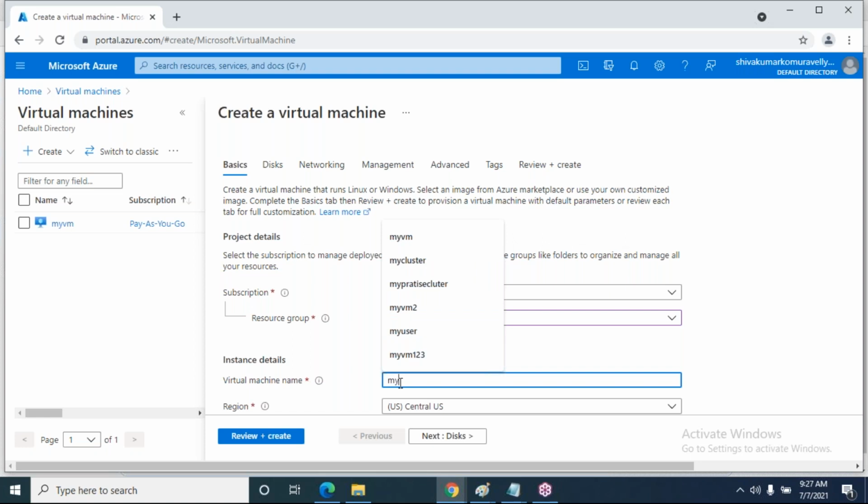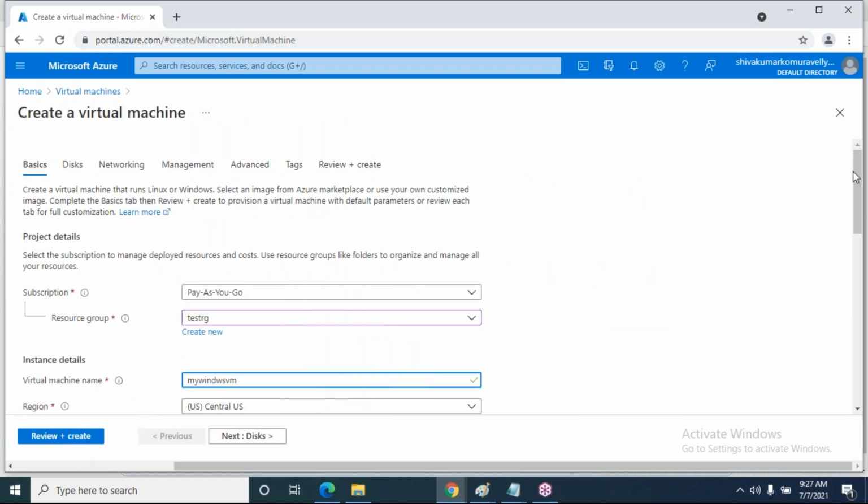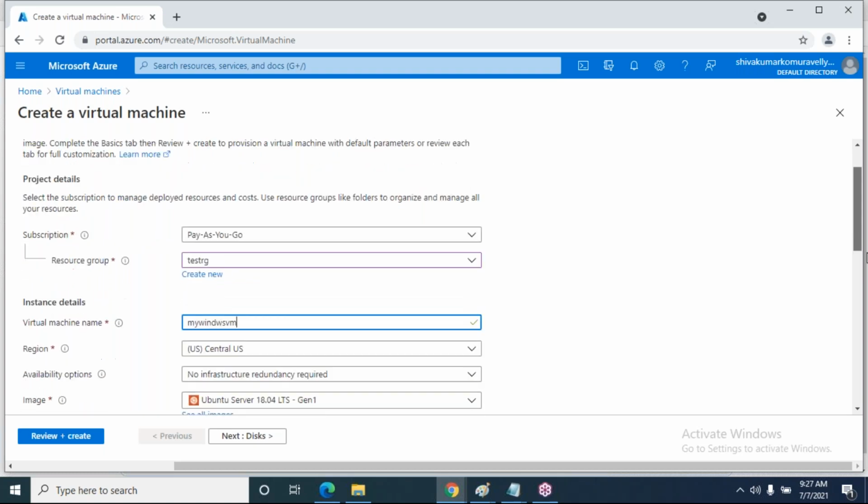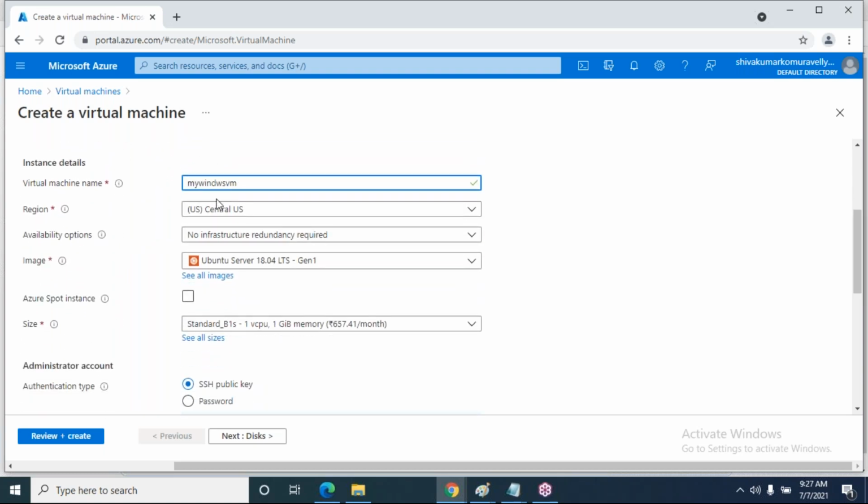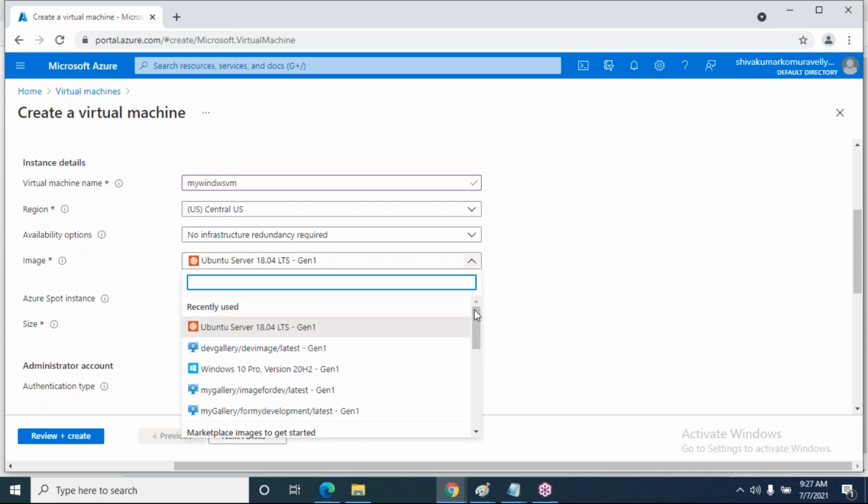I am specifying the virtual machine name as my Windows VM. The region is where I can keep this machine physically. This is Central US.